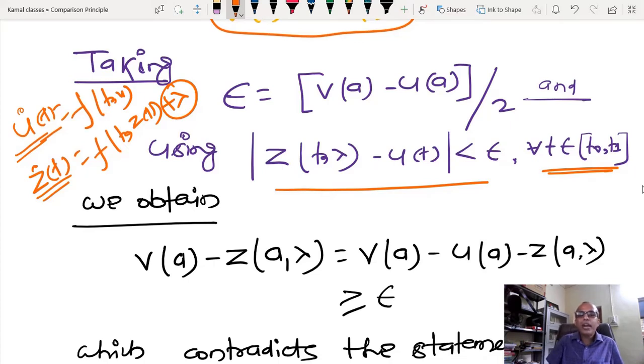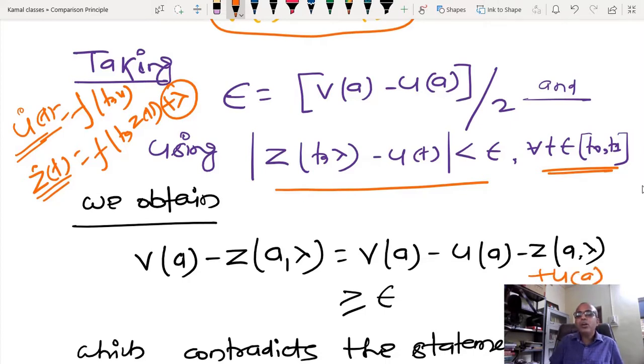Now try to see here the distance between VA and ZA lambda. What happens is that I can further write VA in this particular equation, and I am going to add something more. So I have VA minus ZA here, and I am going to add VA minus UA, and one argument is missing here, I am going to add plus UA here.